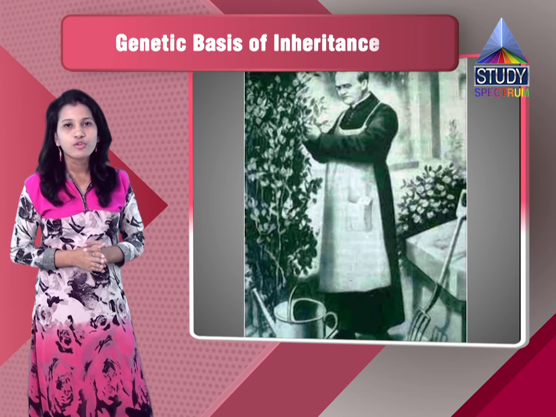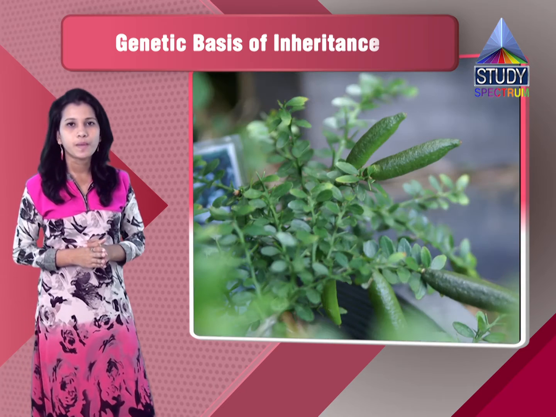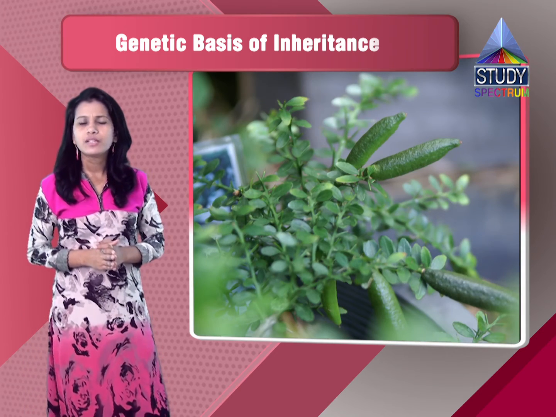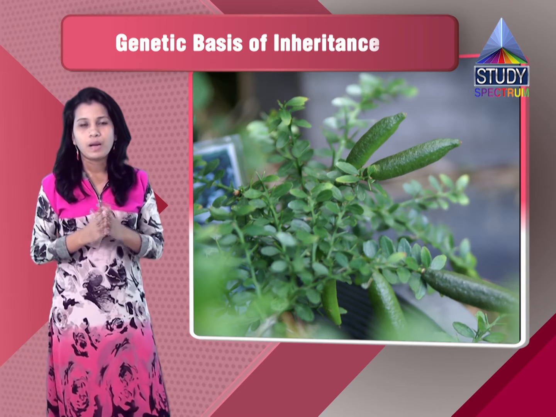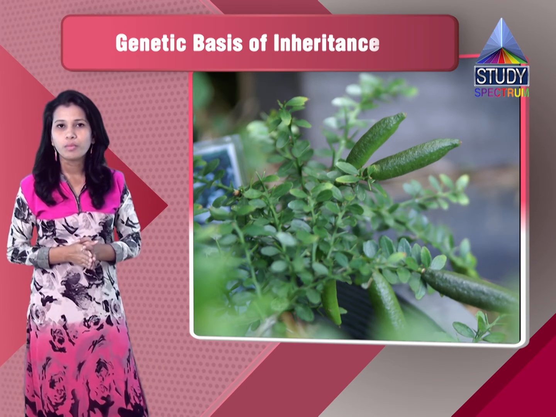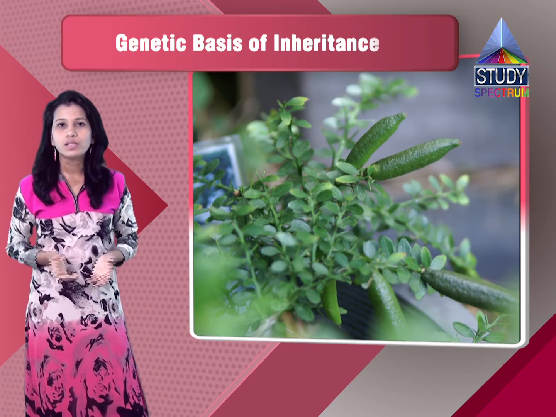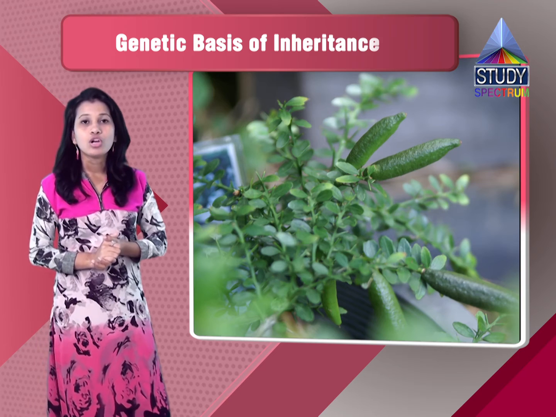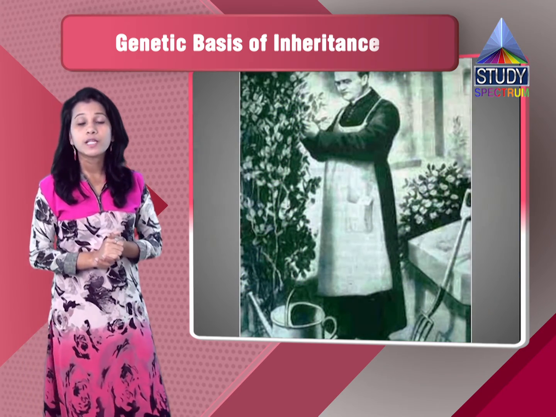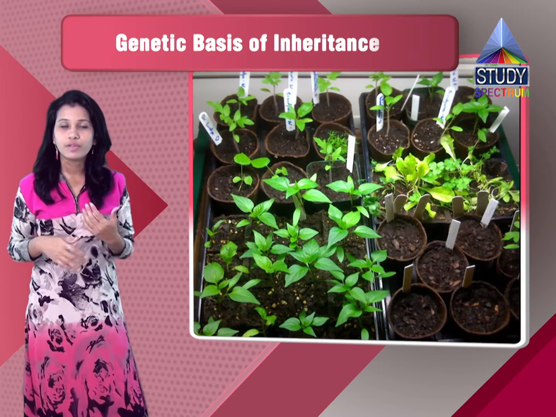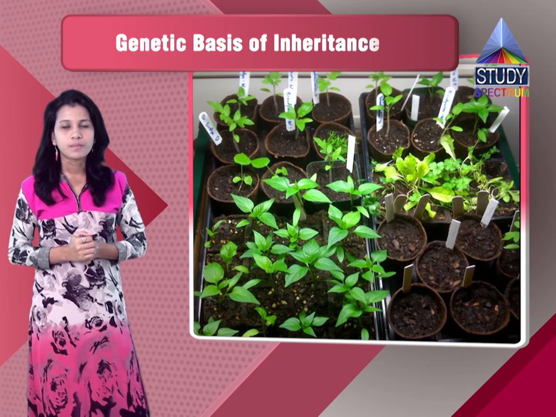Then the second reason for selection of this plant is that the plant has a short lifespan. The lifespan of this plant is just 3 to 4 months. If I plant the seeds today, then within 3 to 4 months I'll get a new plant with the new seeds. This is why Mendel selected the garden pea plant, because the experiments were conducted after every 3 to 4 months, and hence the results were seen after every 3 to 4 months.